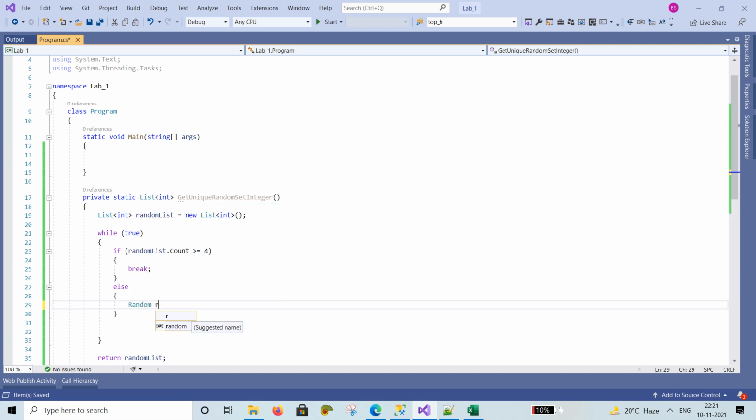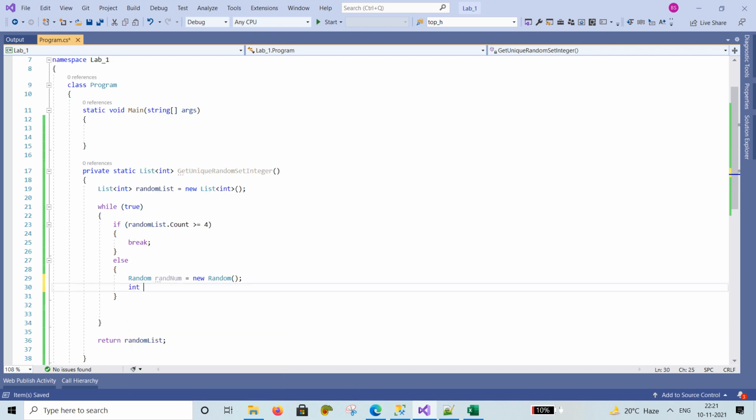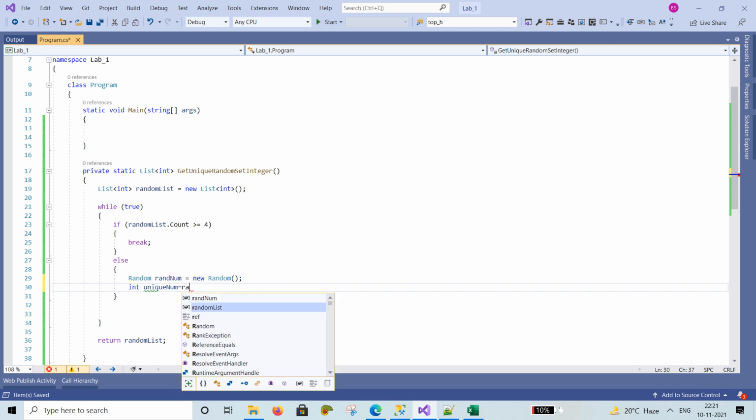Create a random class object, random number equal to new Random, and take here another variable, int unique number equal to rand number dot Next.